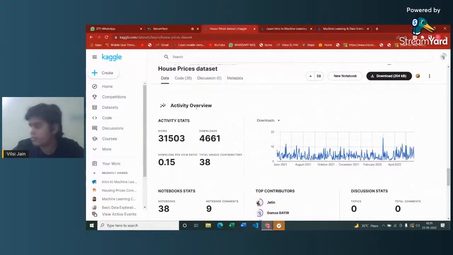Okay, the activity overview shows views, how many have downloaded, whether it is good or not. So everything they have given. Even if you go down,